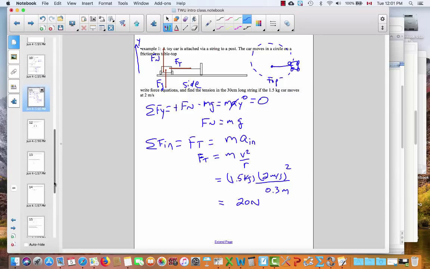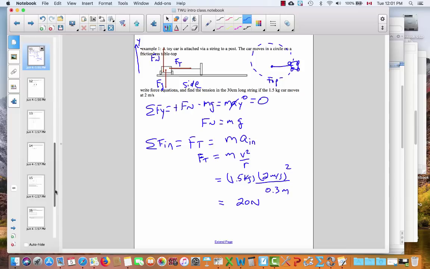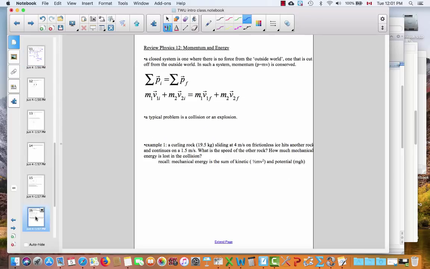Okay, so circular motion analysis was another important concept from Physics 12. A final concept from Physics 11 and 12 is energy and momentum. So momentum applies to collisions in a closed system, and so typically you'd have two things smashing into each other, and momentum is the product of mass and velocity,